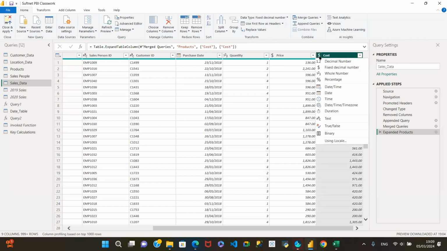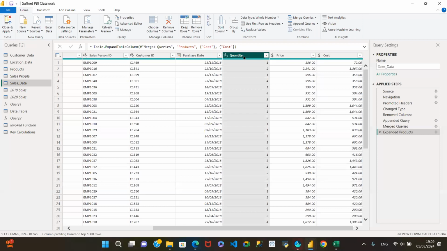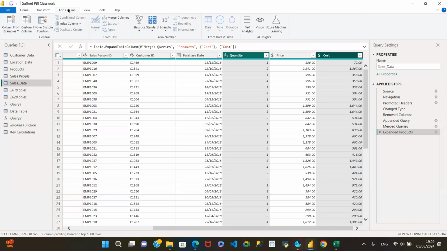And that's why we have that. If that was not correct, we could always have chosen the right one around here. Okay, so I'm just going to click on quantity, press down Control and click on that because I want to multiply the two columns. And under add column, I'm just going to do